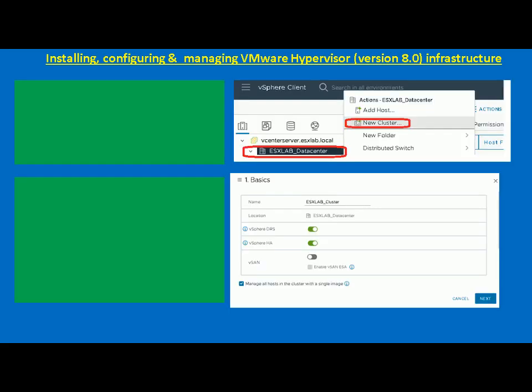Now, in this particular part, we will be doing some major things. We will first create our new ESX host cluster so that our ESX hosts have HA and DRS functionalities. To make your ESX hosts available for the HA and DRS functionalities, you need to cluster them first. So we will create a new cluster first. After that, we will add our DRS and HA functionalities for those ESX hosts within that cluster, and next